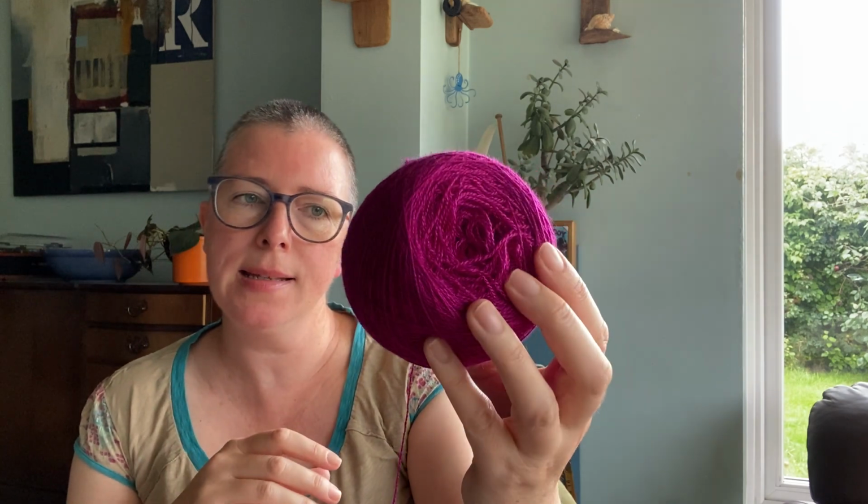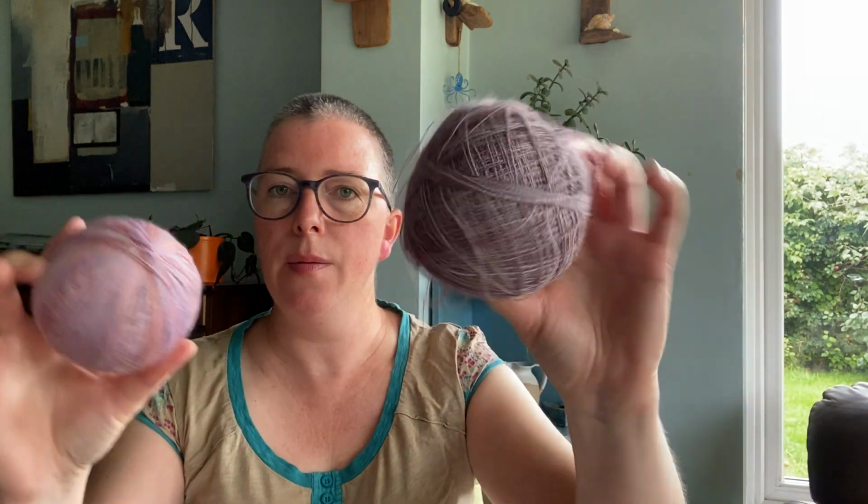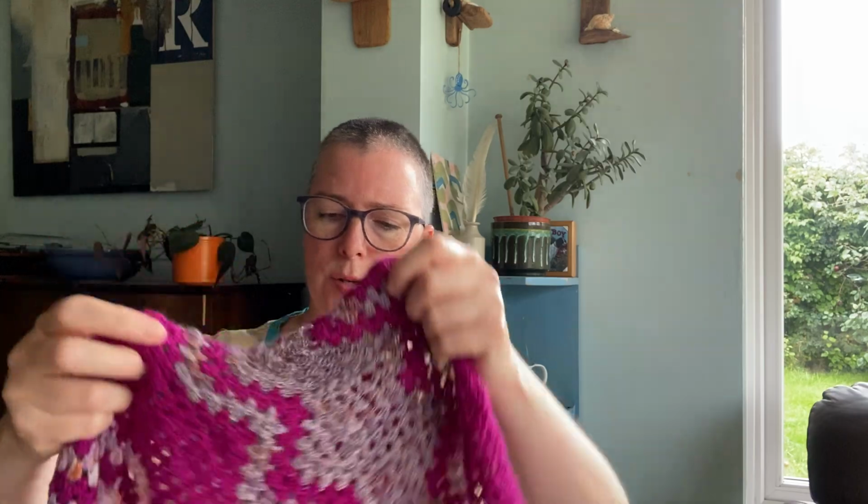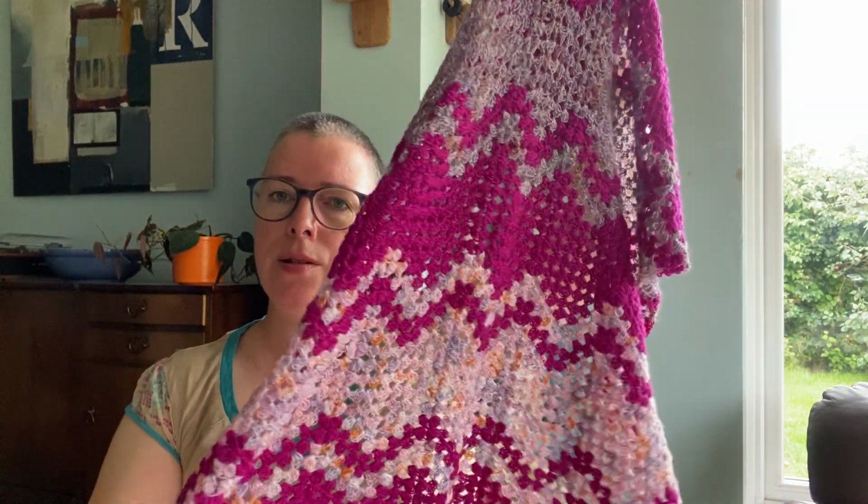And this is Fibrespates Scrumptious Lace in the colourway Magenta. And I also have my 2 contrast colours. I'm ready to start this one again. This one won't come up for a while. I'm just going to repeat that pattern. So the pattern is written for 4 colours. I only have 3. So I'm going to go,